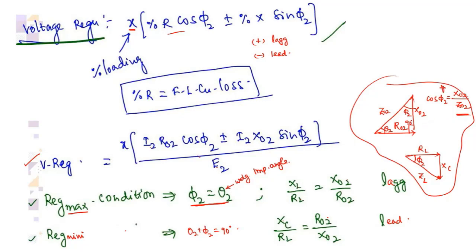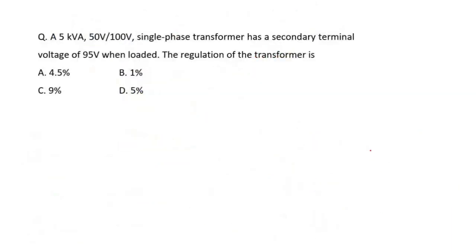So this is a very, very important point you need to understand, because this comes out as not the same as the maximum regulation condition. It comes out as opposite. XC by RL is equal to R by X. Remember that point. So if you look at the question: a 5 kVA 50 by 100 volts single phase transformer has a secondary terminal voltage of 95 volts when loaded. The regulation of the transformer is